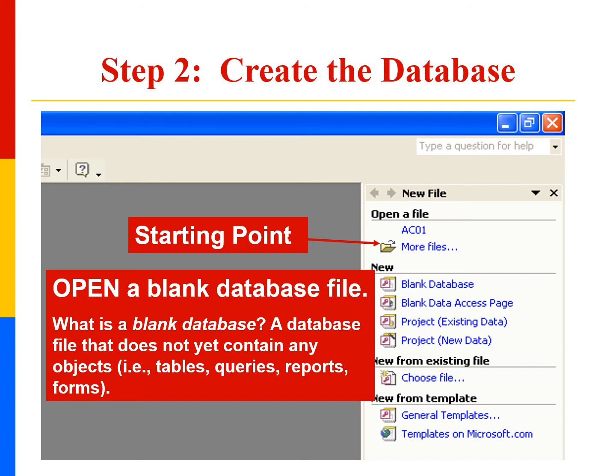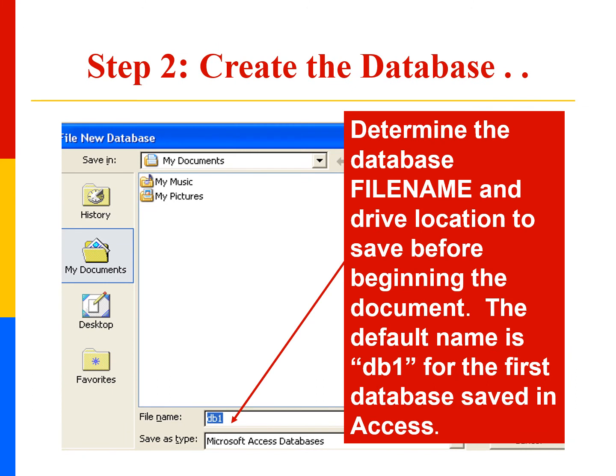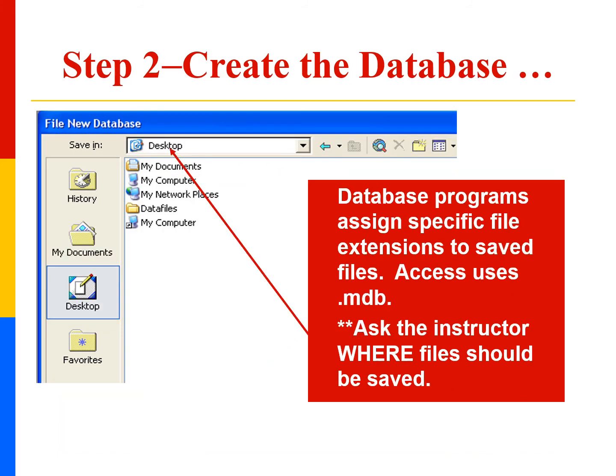A blank database is a file that does not yet contain any objects such as tables, queries, reports, forms, etc. Then next you have to specify the name of the database. Then you have to select the specific location where you want to save your database, and the database will be saved with the .mdb file extension.